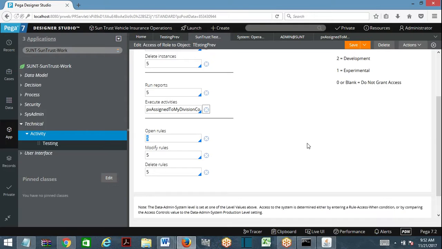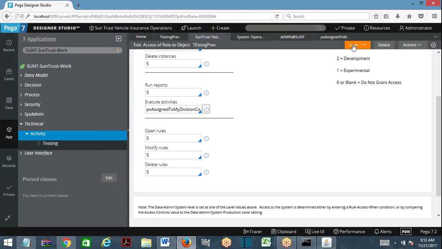Okay. So now this when condition, now in place of this execution of activities, I have called access when. Save this, and now you are added to the access group and all. So now operators log in to environment 1, environment 2, 3, 4, 5. Whichever environment you log in to, it doesn't matter. For execution of activities, it will evaluate the when rule. When the rule is satisfied, you are allowed. When the rule is not satisfied, you are not allowed. So now does it deal with the numbers? It deals with the when condition. So execution of activities now depends on the when condition.